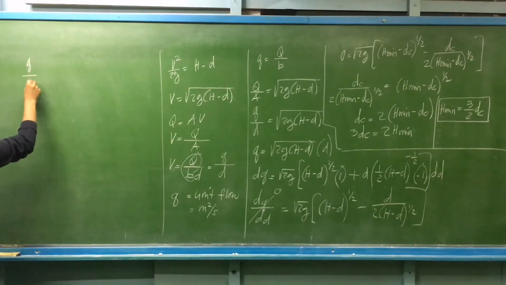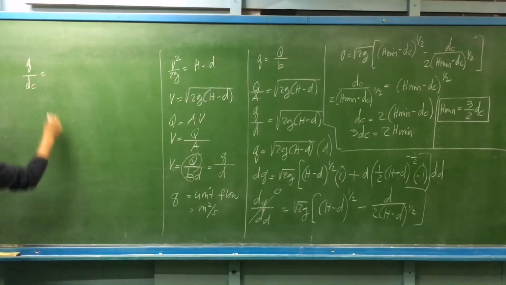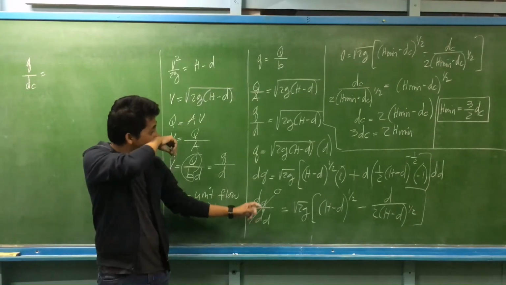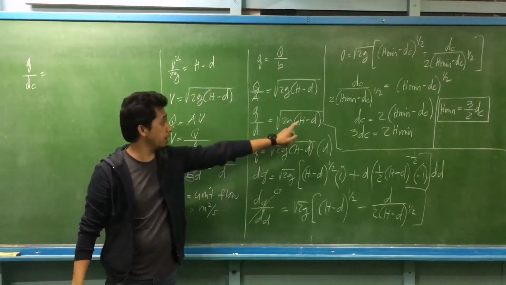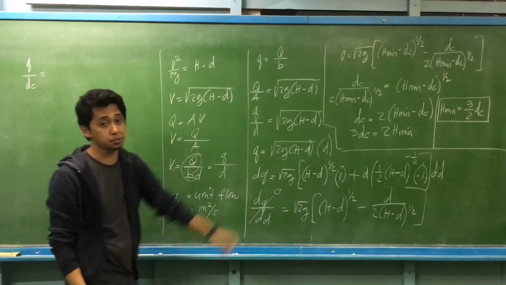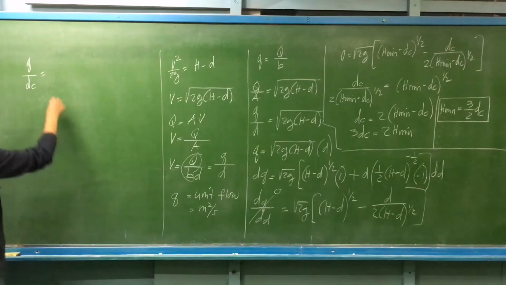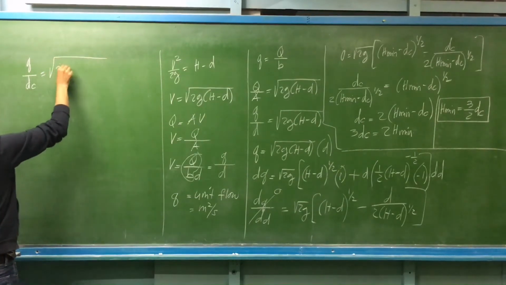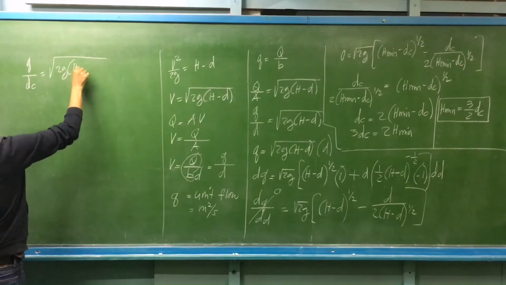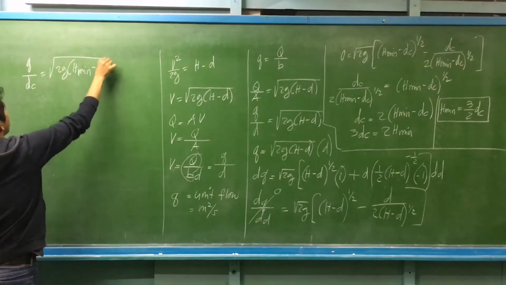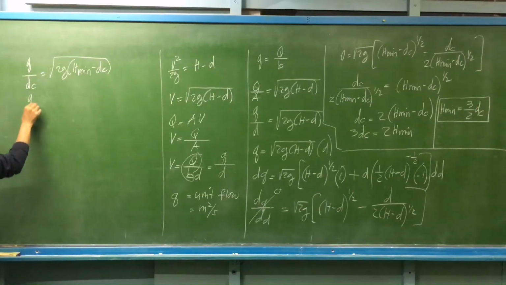So we have the unit flow, we are assuming critical depth. I will just let the critical depth be D, and H is the minimum specific energy. So this is equal to the square root of 2G H minimum minus the critical depth. So this is